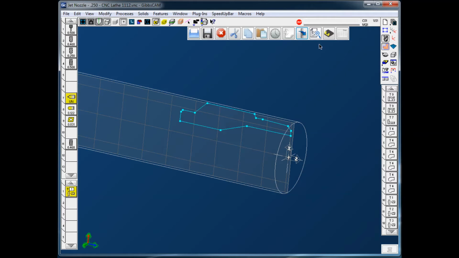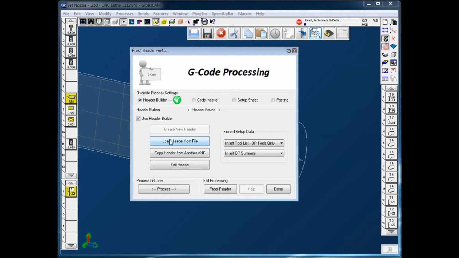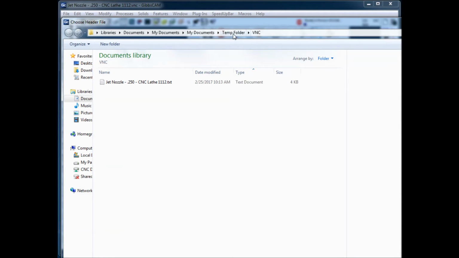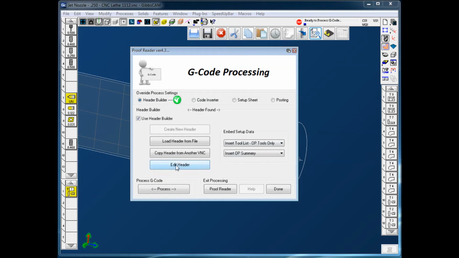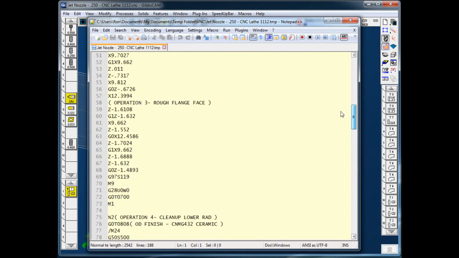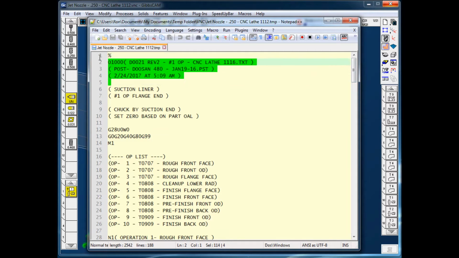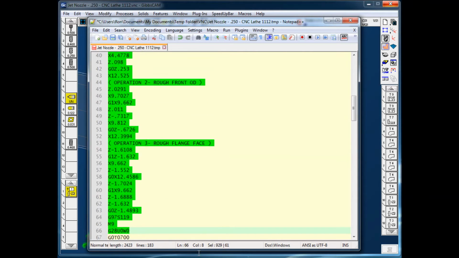Now I'm going to go back into Header Builder and just expand on that a little bit. There are a couple other options here. We have loading a header from a file or copying a header from another VNC. Loading a header from a file basically gives you the ability to open up some other text file, let's say. Like I have this file here. If I click that and then I hit the edit button, that has made this entire program the header. Obviously we don't want that, but I can now just go and sort of strip off the stuff I don't want